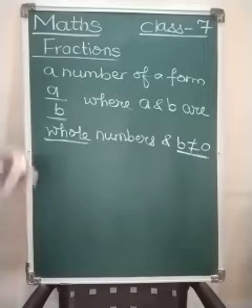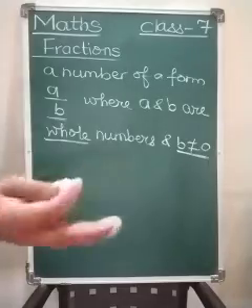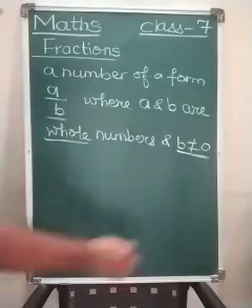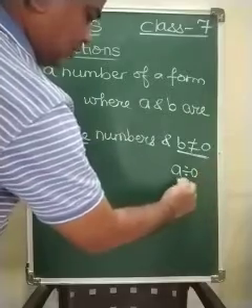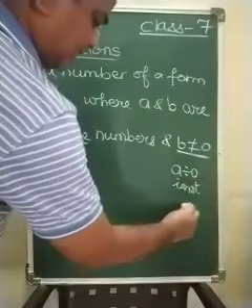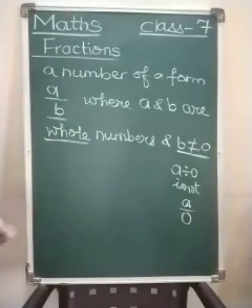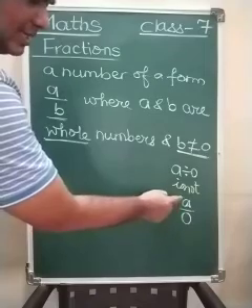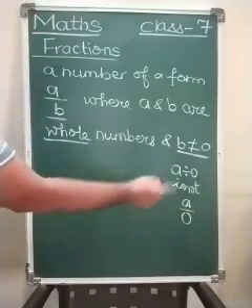When the time comes, we will come to know why B, or the denominator, cannot be 0, because already in integers we have seen that A divided by 0 is not defined. That means A upon 0 is not defined, so this B cannot be 0. Suppose we take B, see this is A and this is B, so if B is taken as 0, then this is not defined.